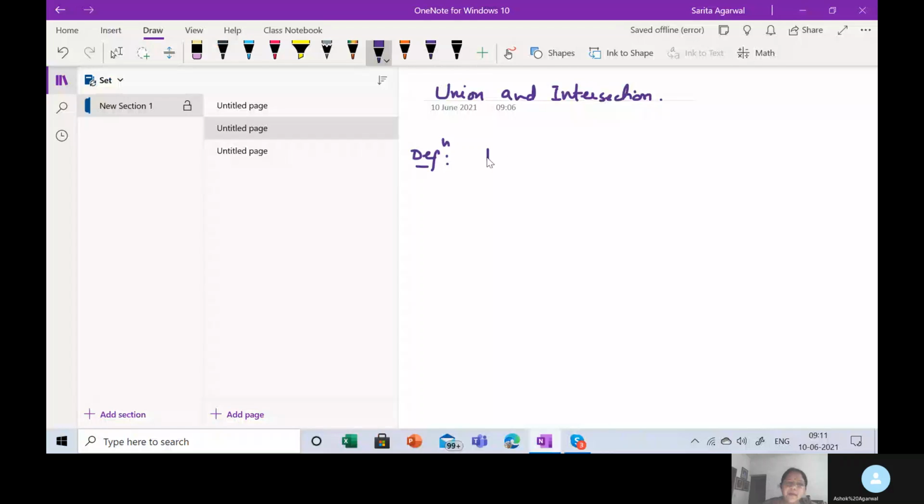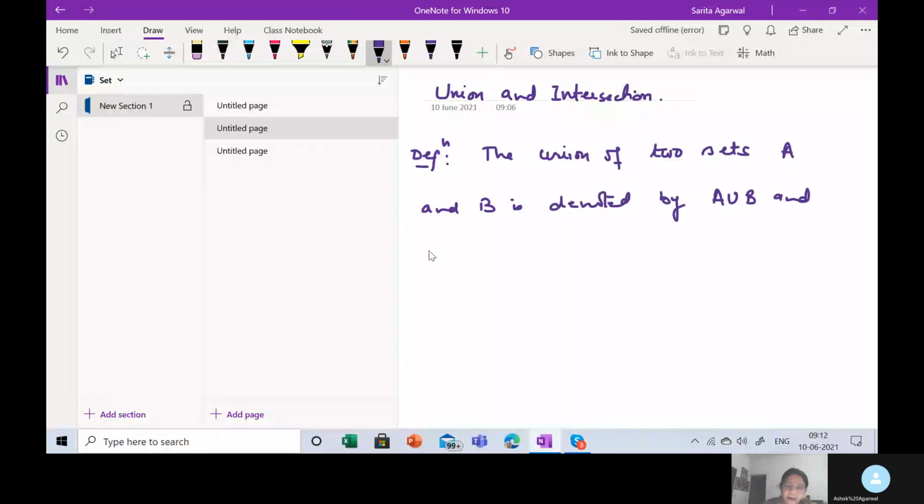The union of two sets A and B is denoted by A union B, and is defined as